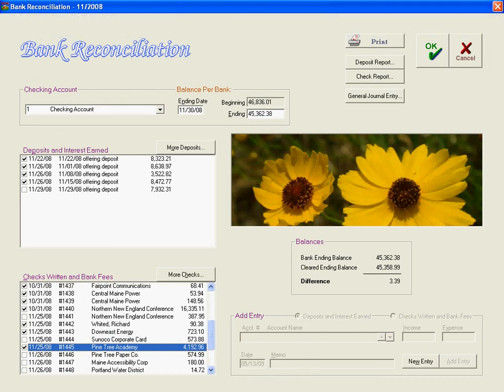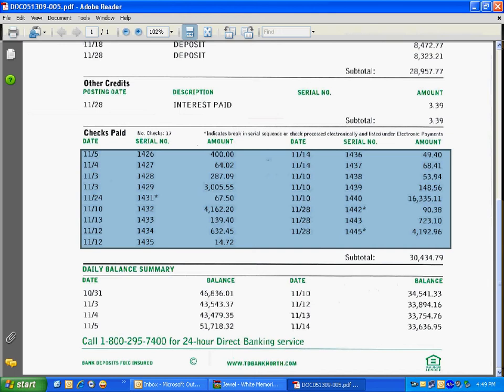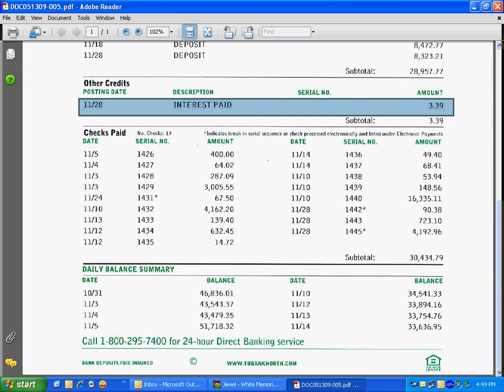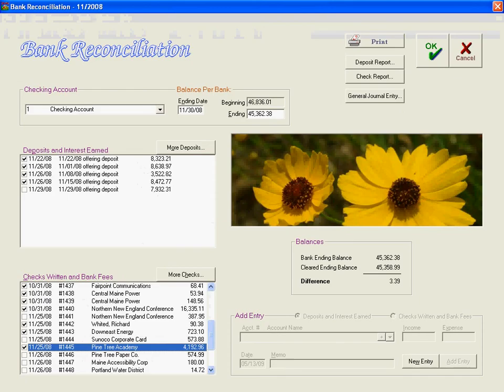So once we've marked that all off, we come and we see we have a difference of $3.39, and I can guarantee you what that is if you take a look up here. The bank interest that was paid was $3.39. So what we do over here, we come to new entry, and we're going to